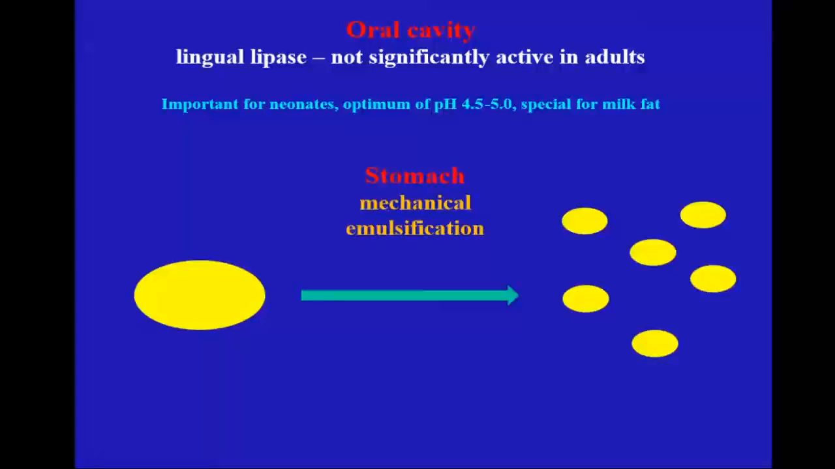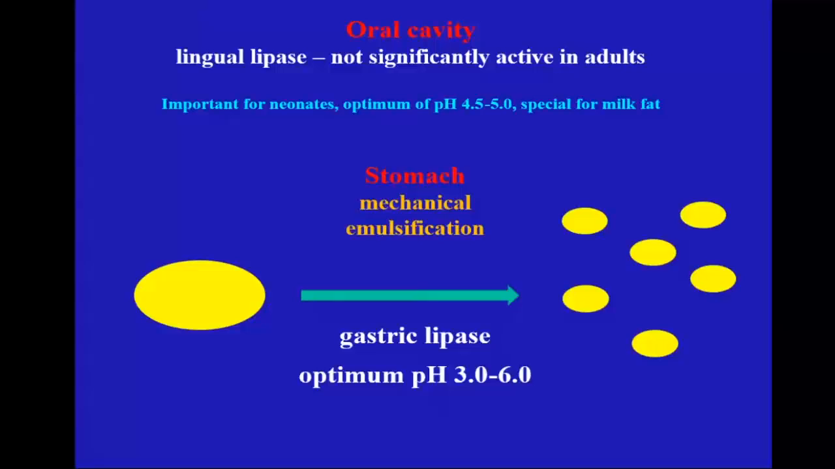But mechanical emulsification is also important, because in the stomach we have an enzyme which is named gastric lipase. We have many lipases in the body, so let's start to recognize them and differentiate them from one another. Gastric lipase is produced by the cells of the stomach. It is an acidic lipase, but you can see that its optimum of action, between 3 and 6, is not equivalent to the pH which really exists in the stomach